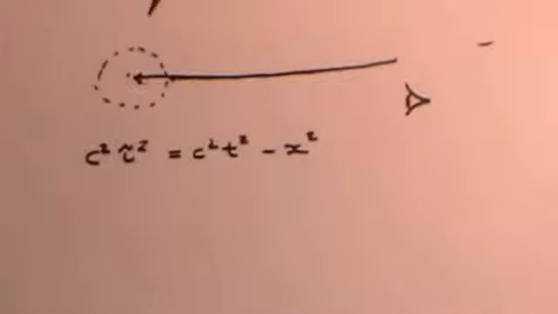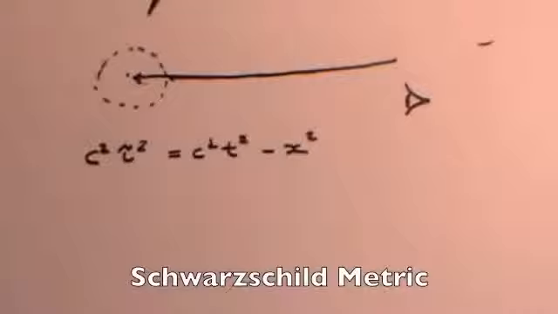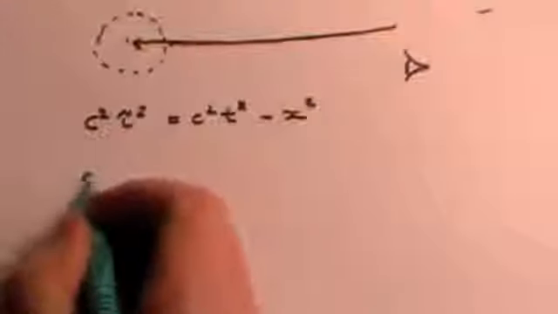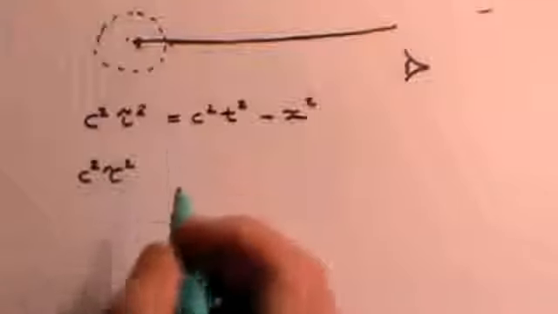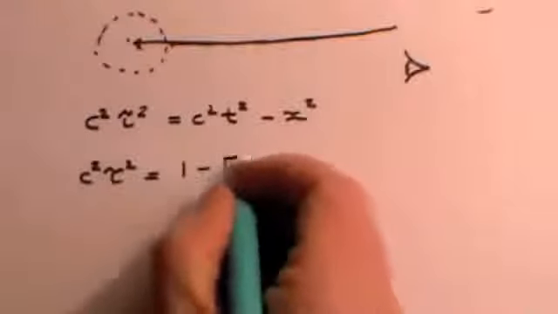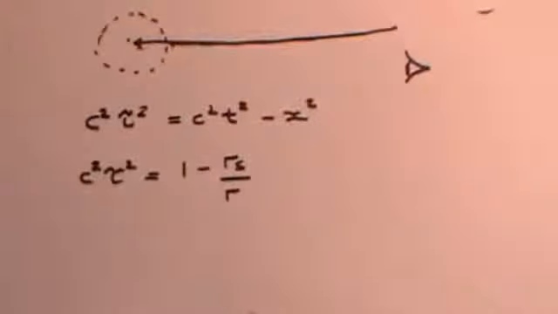But I do it to show that there is a similarity to this new equation which I'm going to show you, which is called the Schwarzschild metric. And that is derived from Einstein's field equations, and one day I will work out a way of explaining that with sufficient simplicity that I can do it in the style that I like. But basically what the Schwarzschild metric says is that c squared tau squared is, and I should say this has to be done in polar coordinates, so instead of using ordinary Cartesian x, y and z coordinates, we use r, theta and phi, and it becomes (1 minus rs over r), where rs is the Schwarzschild radius,